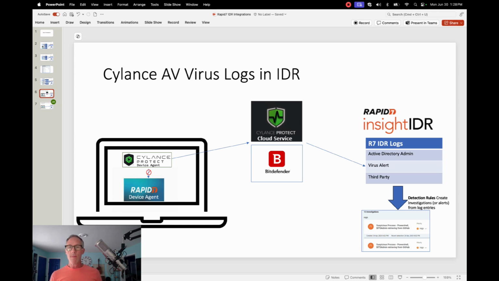Well, that would mean that Splunk or Rapid7, whoever has an agent, they'd have to make the agent be able to talk to any antivirus there was. And they're not going to do that probably. So you do it like this. It goes through one. You've got Bitdefender, it goes through the Bitdefender cloud, and then you integrate those with Rapid7 or Splunk or whatever, or Sentinel, and then you see that. Okay, so it doesn't go to the agent and then directly over. It's going to go through a third-party service, more than likely. Unless